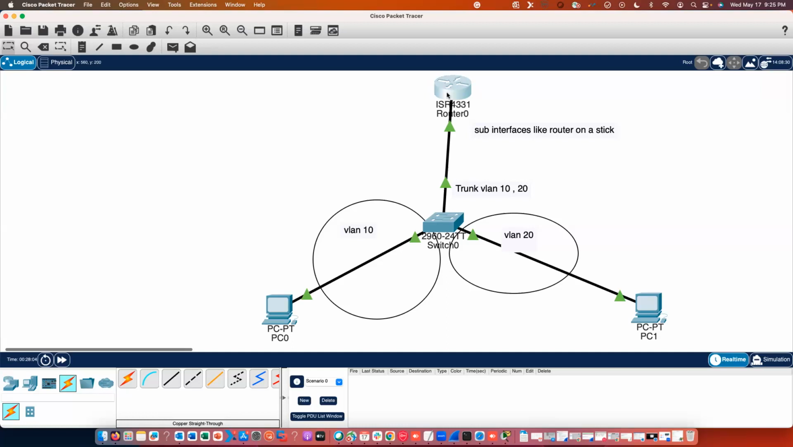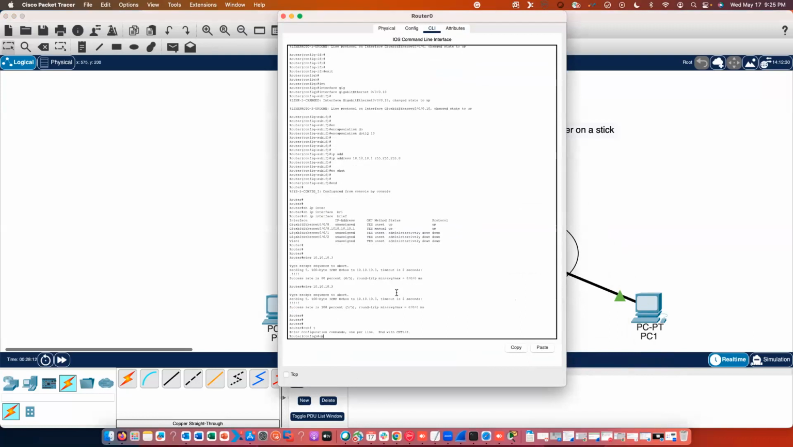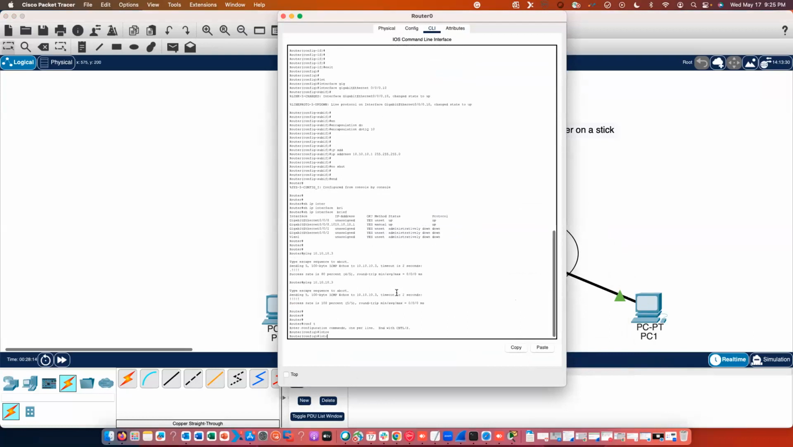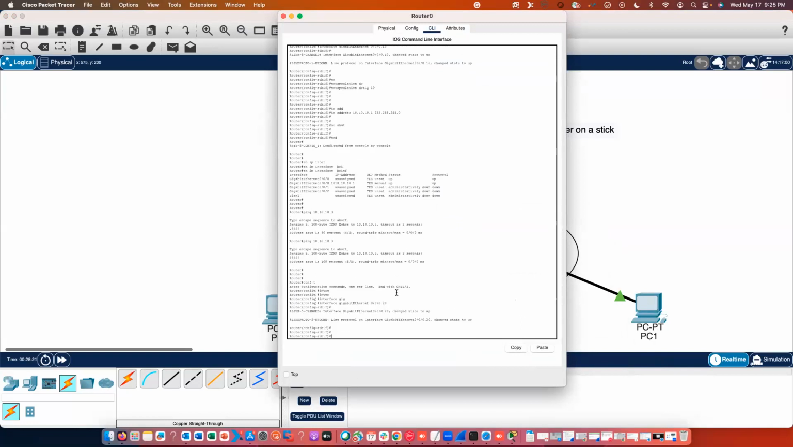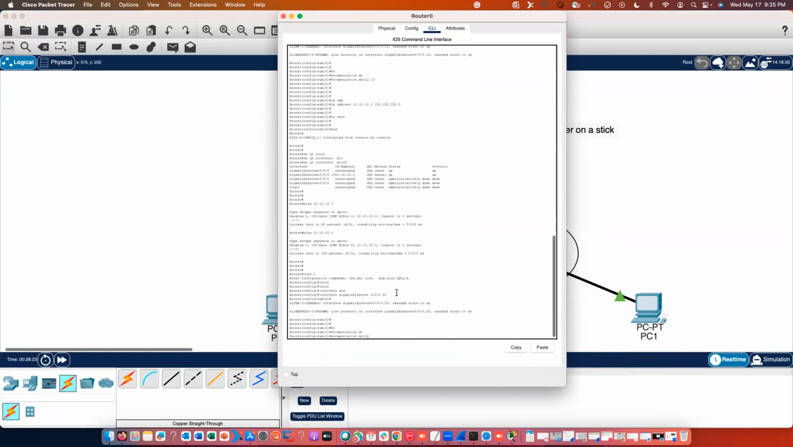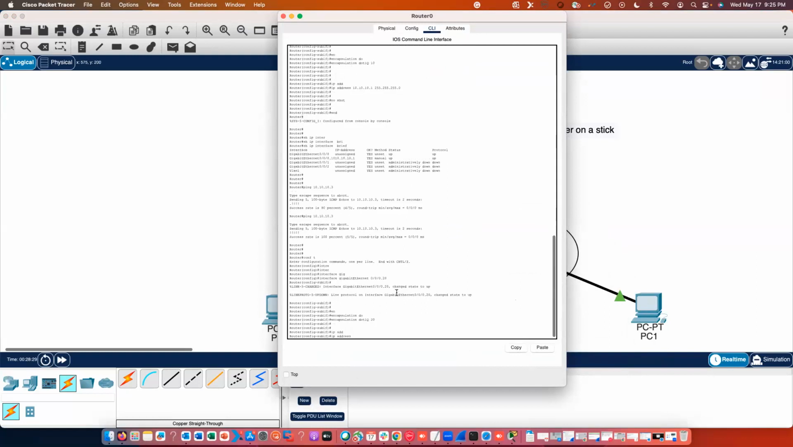We should create another gateway. Yep, I should be creating another sub-interface. So interface gigabit 0/0/0.20. I created that. I have to do encapsulation dot1Q. What should I give here? 20, and then IP address